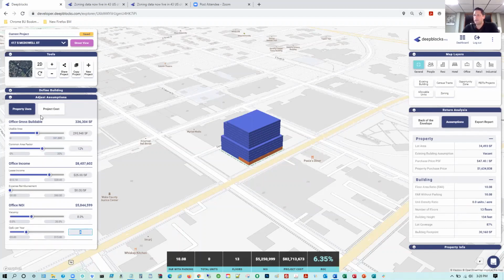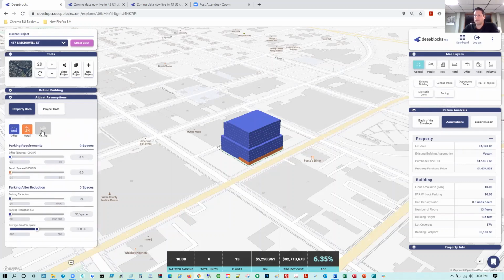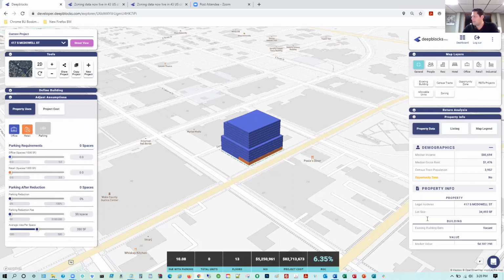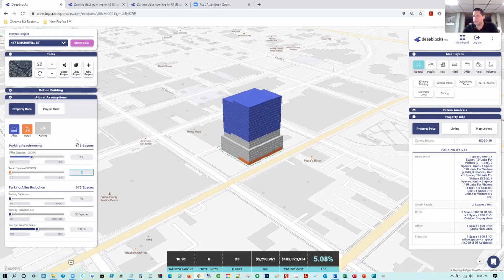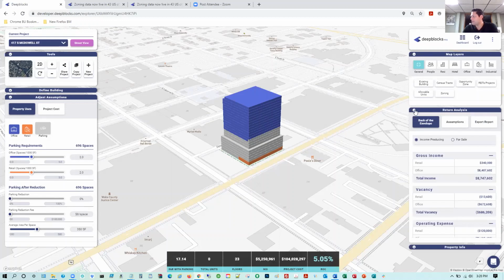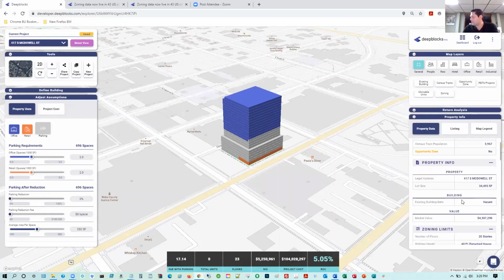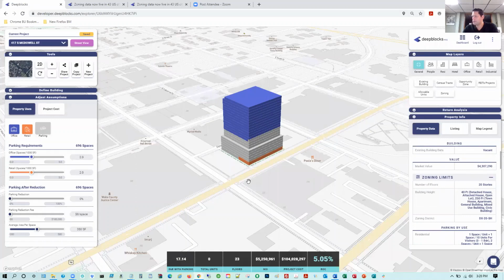And another step we like to do is work on the parking. Again, as I mentioned, the property info will show you the parking by use guidelines. So we're going to put in 2 spaces here, 2 for there, and it just puts the parking right underneath. I believe we're a little bit too tall based on the property info. I believe 20 stories is number 4 is 20 stories. So I would have to adjust like office space a little bit, bring this down to 275.